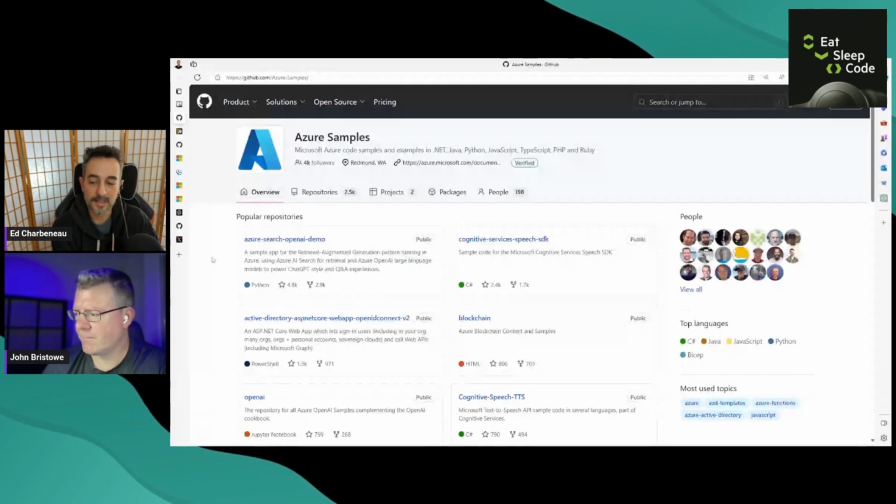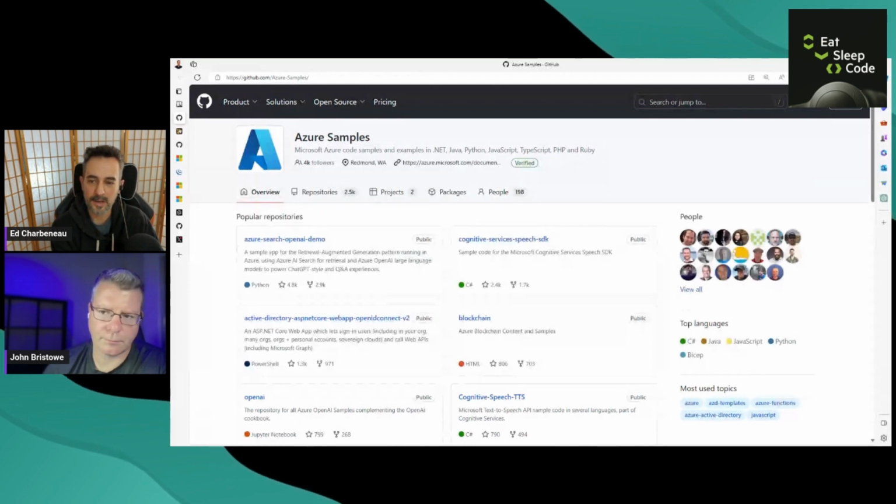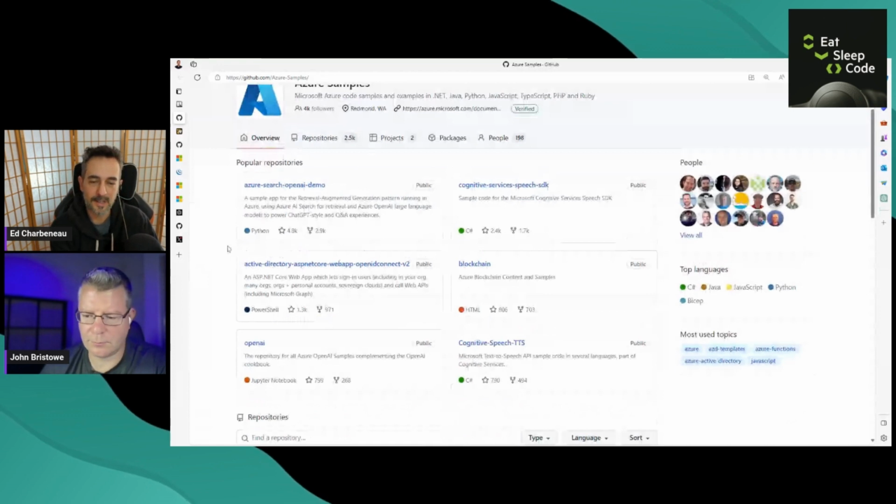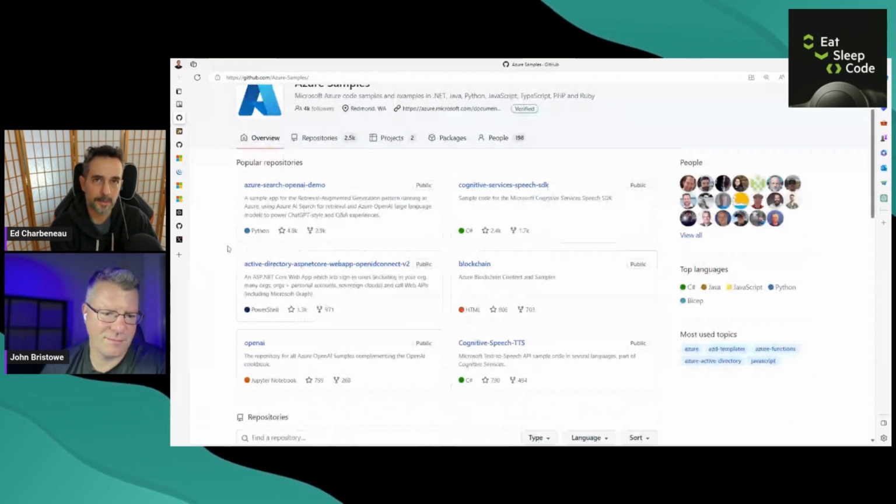I'll give it a highlight. They just added some OpenAI stuff with Blazor on there. No, it wasn't the demo I just gave. It just happens to be the same topical thing. And theirs, I think, incorporated Spire as well. So there's a lot of cool stuff up on this Azure samples repo, and you can hit that from